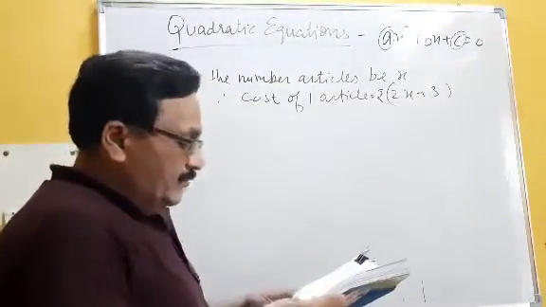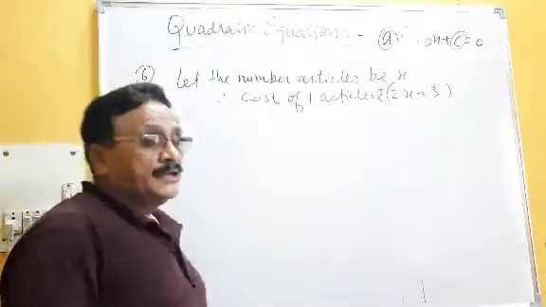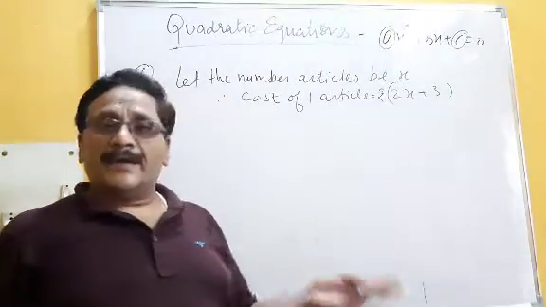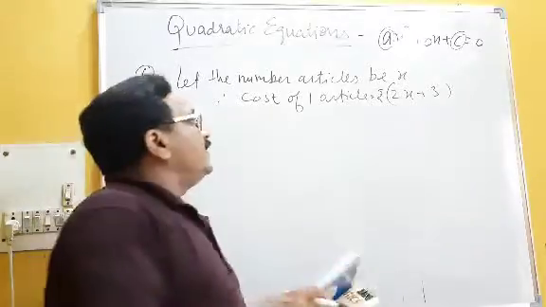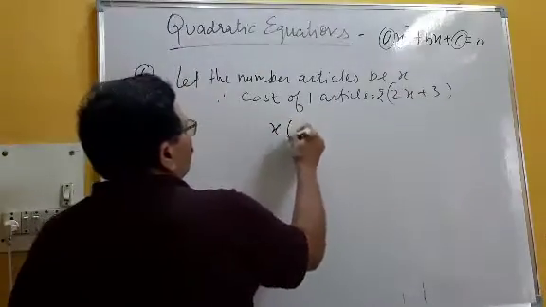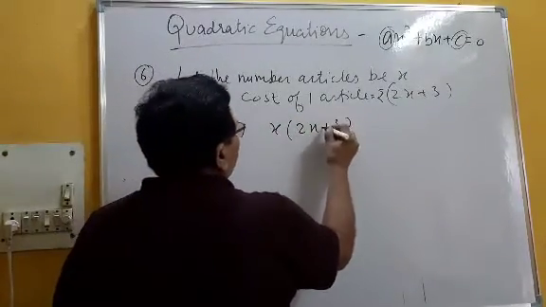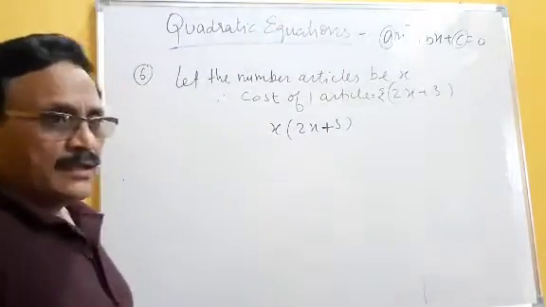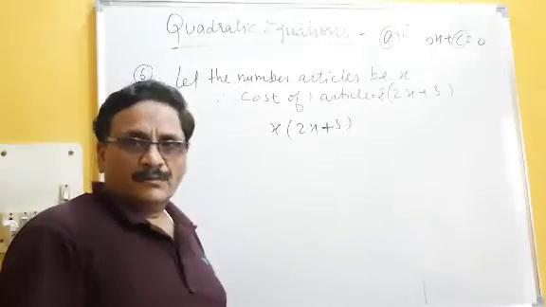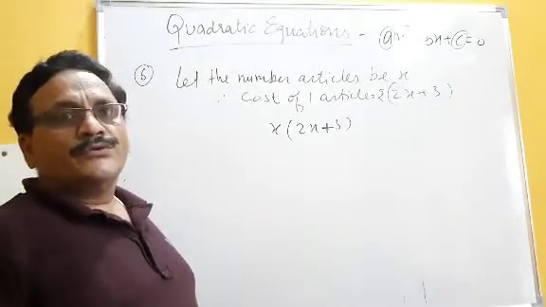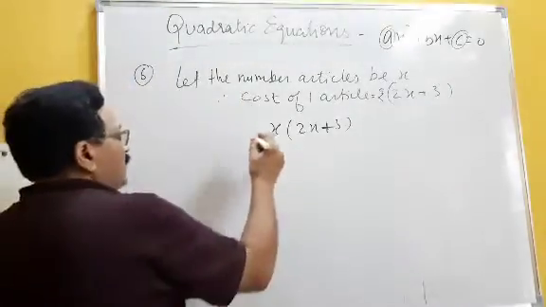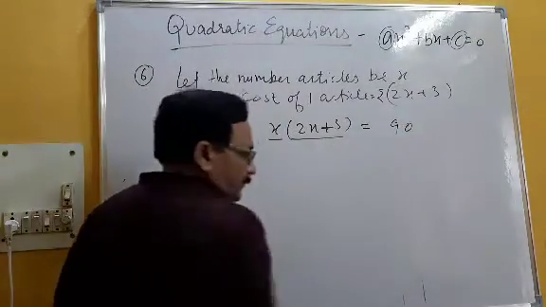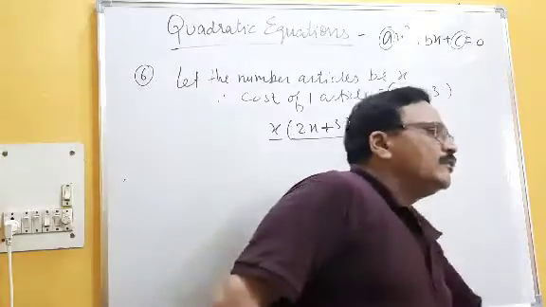It means that if the total cost of production, suppose there are 10 articles, you multiply the cost by 10. If there are 100 articles, multiply by 100 into the cost. So the same thing: the product cost is 2x plus 3, and x is the number of articles. Suppose you go to the market, the cost of one chocolate is 10 rupees and you want to purchase 20. What will you do? 20 multiplied by 10. Same thing here: x number of articles multiplied by each cost. You will get the answer rupees 90. Okay, now you can solve.